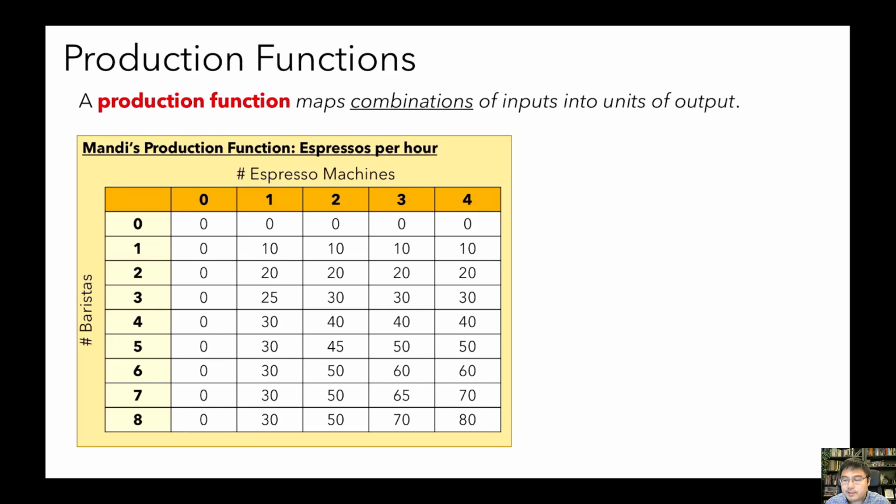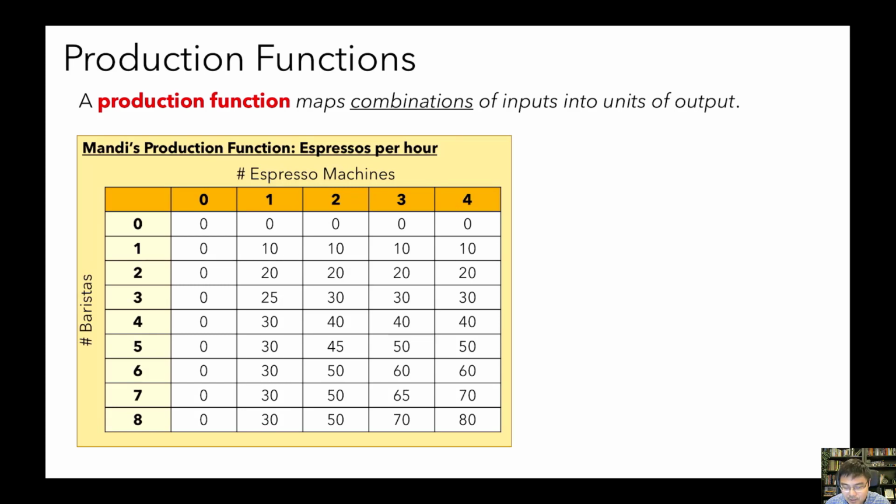All right, now that we've spent some time talking about the different kinds of costs a firm could face, as well as discussing the differences between accounting and economic cost, let's switch gears a little bit now and think about how firms can calculate their costs. To do that, we're going to start with something known as a production function. A production function is simply a mapping from different combinations of inputs into units of output. So a production function is going to basically say, okay, for each combination of inputs that I use, how many